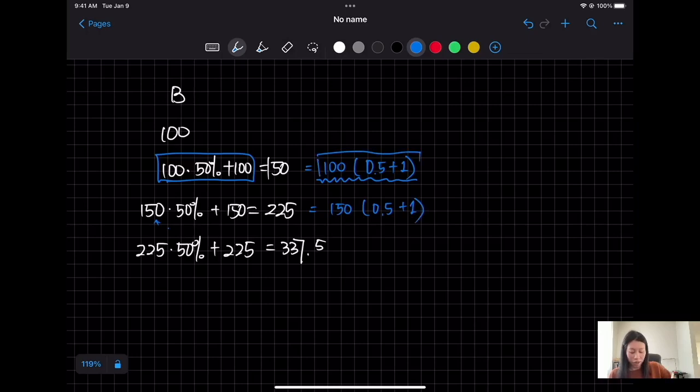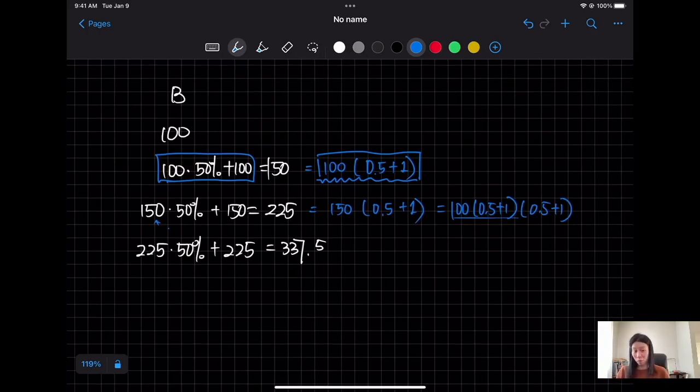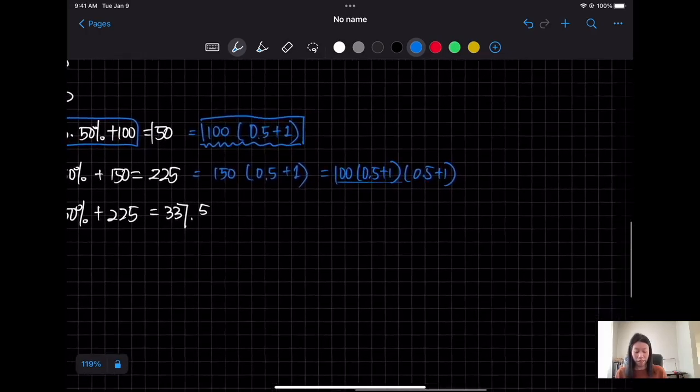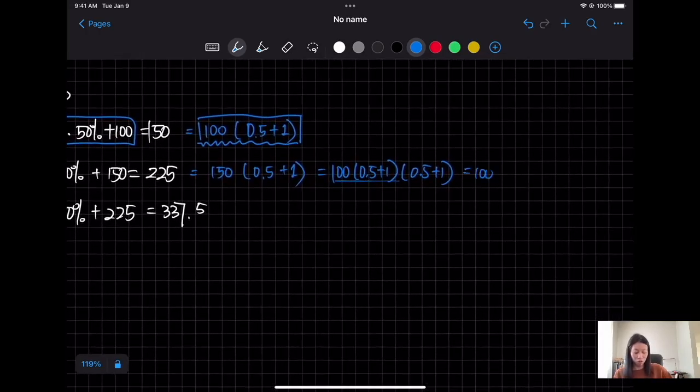Since 150 equals this number, I can write it as 100 times (0.5 plus 1), times (0.5 plus 1). That means I can write it as an exponential: 100 times (0.5 plus 1)